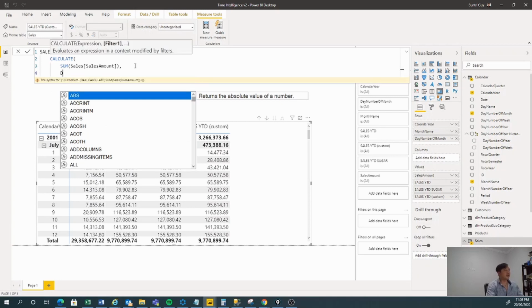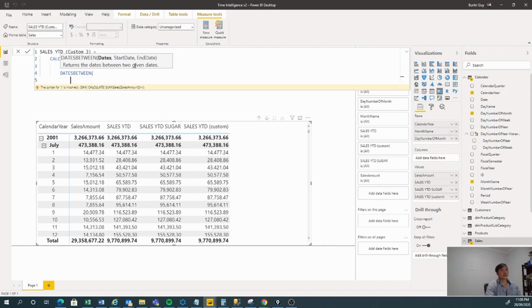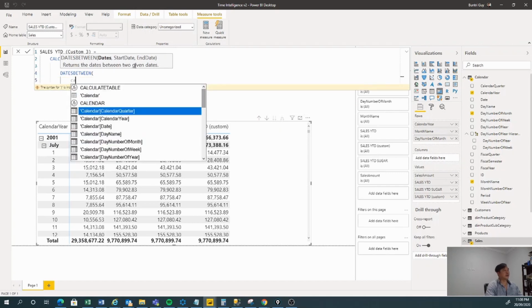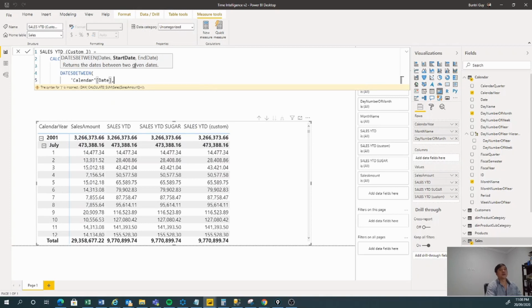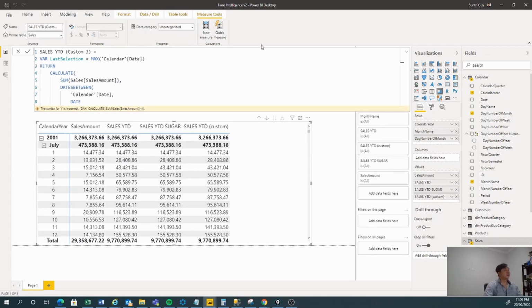You could use DATESBETWEEN, that's another time intelligence function. The DATESBETWEEN the calendar date, last day selection, and that would be